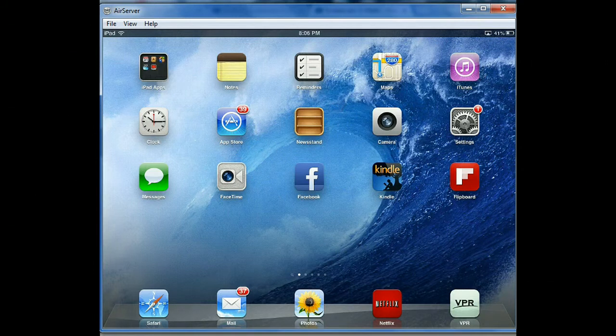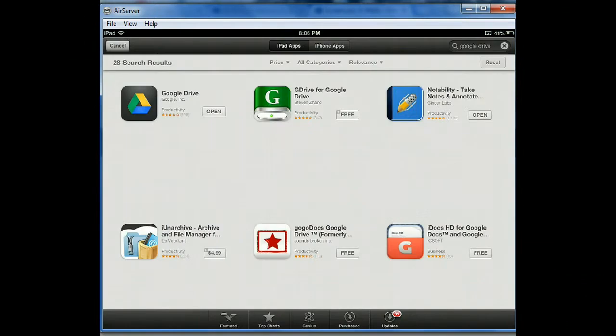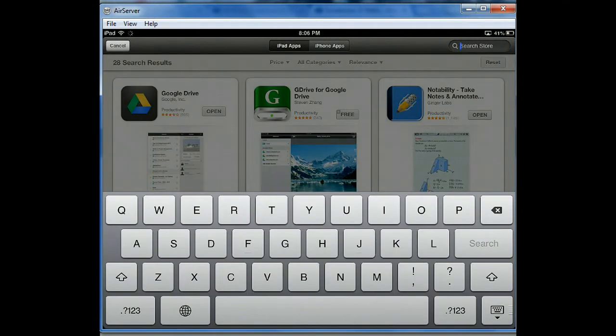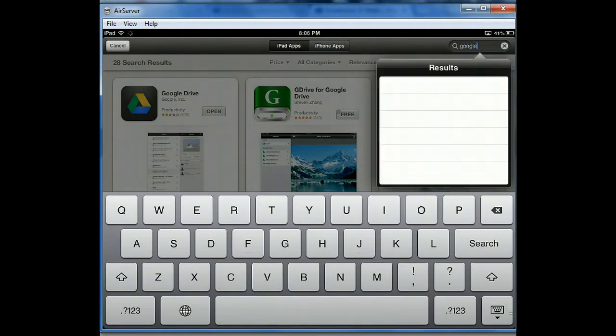The next thing we're going to do is to get an app from the App Store. Now, if you have set up your Apple ID and your password already, you probably downloaded a free app if you did it without a credit card. You can go to the App Store and search for something like Google. Now, Google's a search engine,